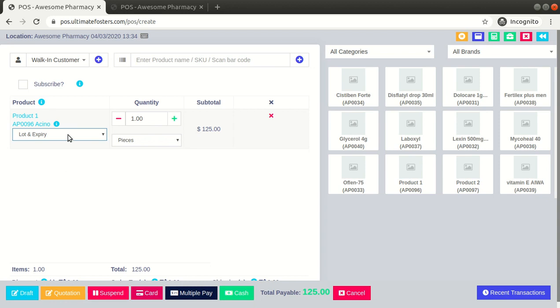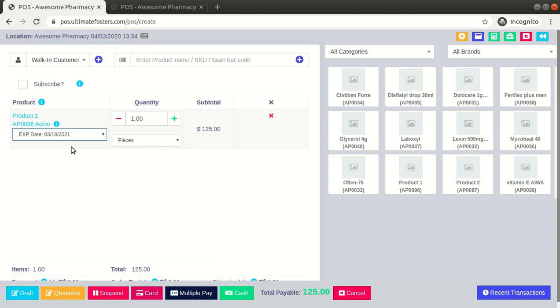Here you can see it is showing me two different options to select the expiry date, meaning which product I want to sell now, the product with which expiry date. If you want it to be randomly selected, we can keep it as lot and expiry. If you want to select this one, we can select this one.